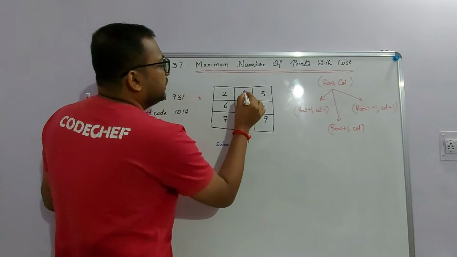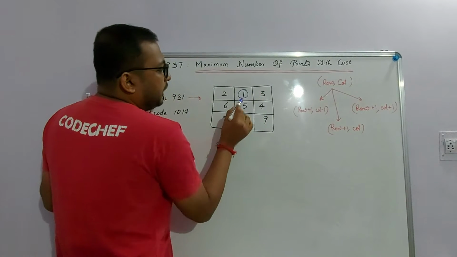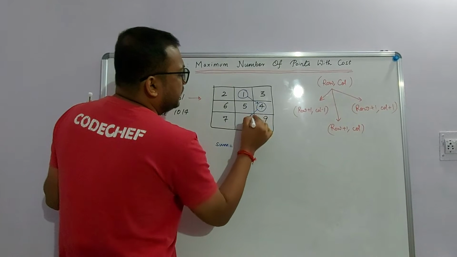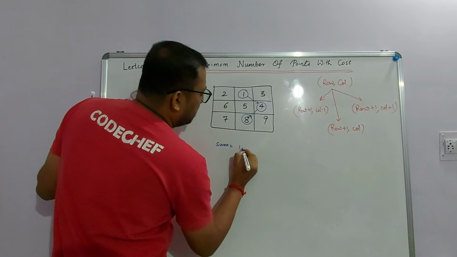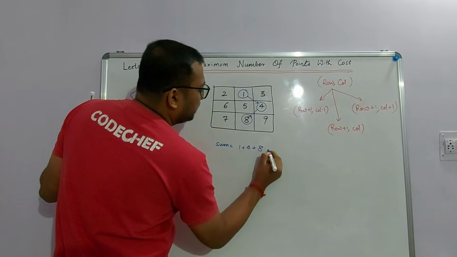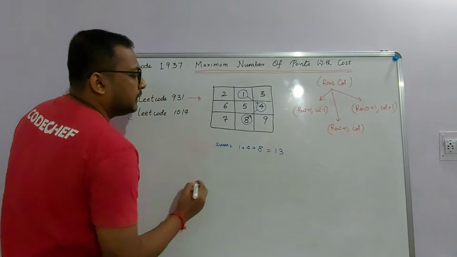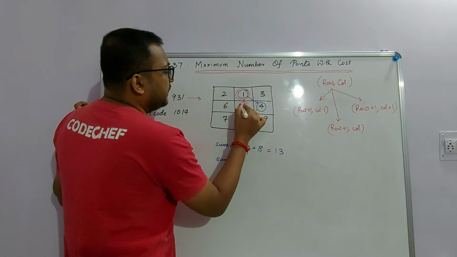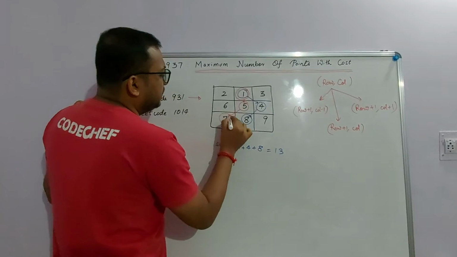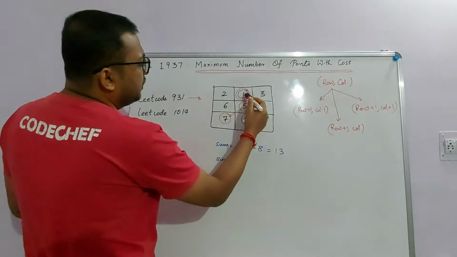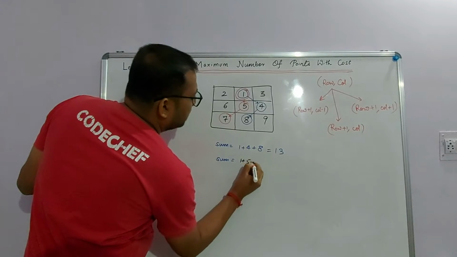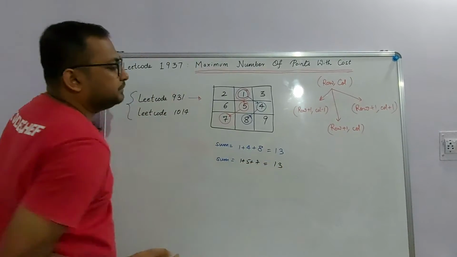So let's say I pick this particular one and I take this direction. I take this particular 4 and I take this direction. So what do I get? 1 plus 4 plus 8, 8 plus 5, which is 13. One more way I can reach this 13 is, let's say I take this value 1, I go to this 5 and then I take this value 7. So this value falls to this and this to this. So what do we get? 1 plus 5 plus 7, which is 13 again.